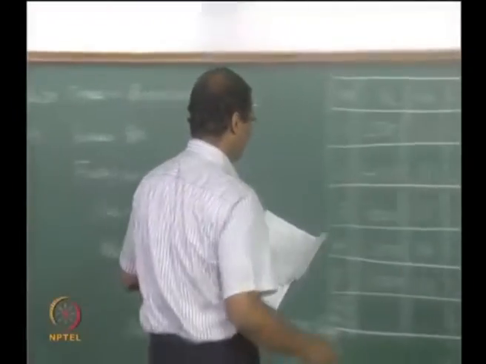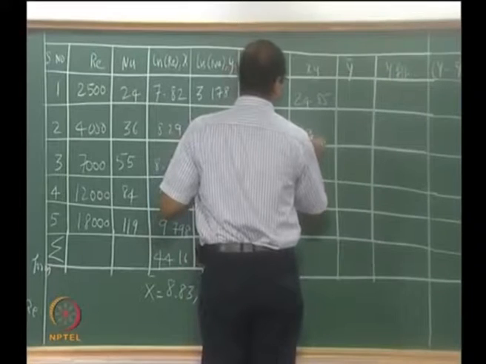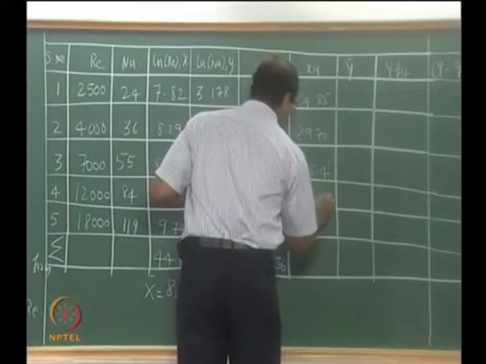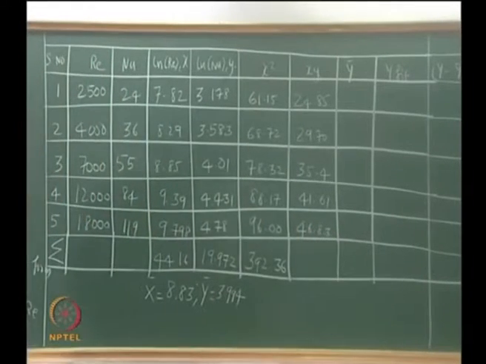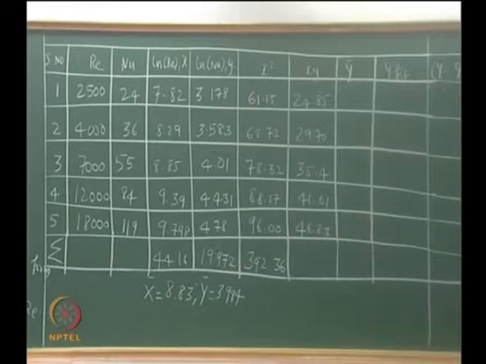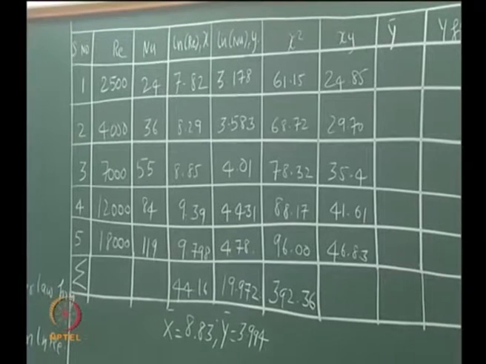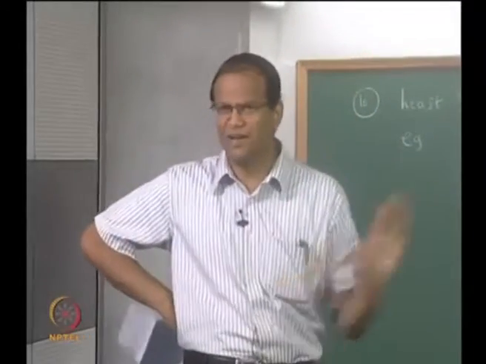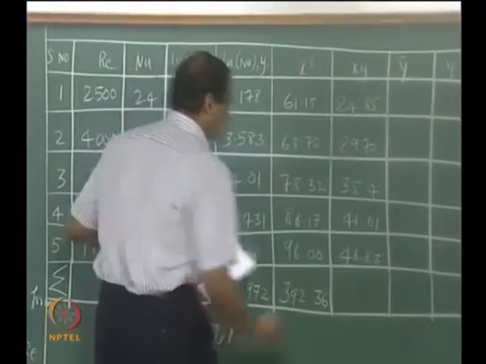Okay, so xy. So patience is required. If you want to do regression and all that, you cannot make mistakes, do it slowly. It is not like a puzzle or whatever, it is mostly a test of your rigor, whether you can do it without mistakes. It is not very high funda and all that. If you are systematic, it is very simple and straightforward, right. So we require xy, 178.39.